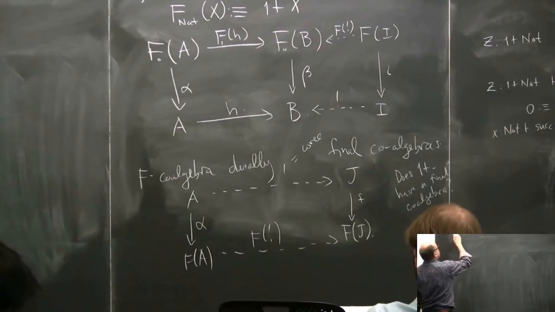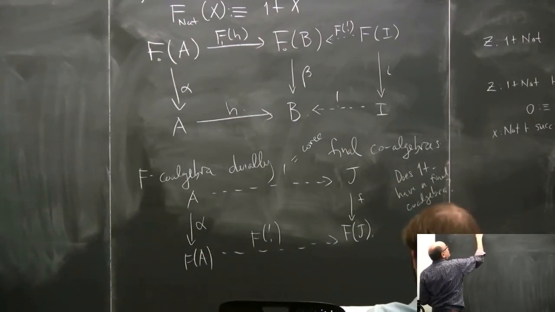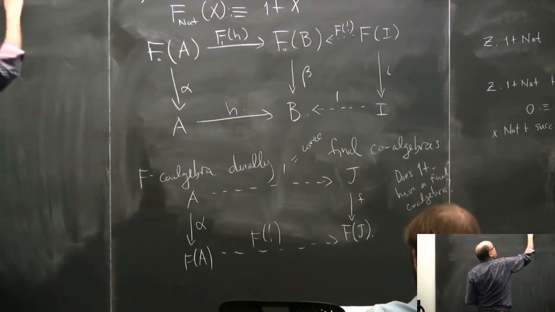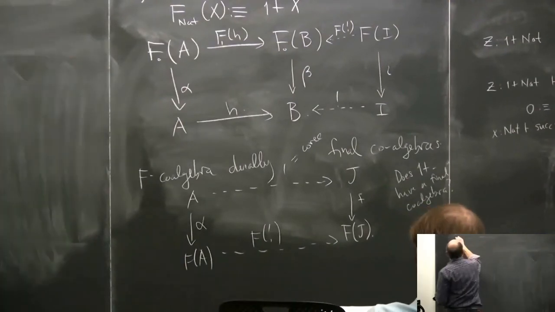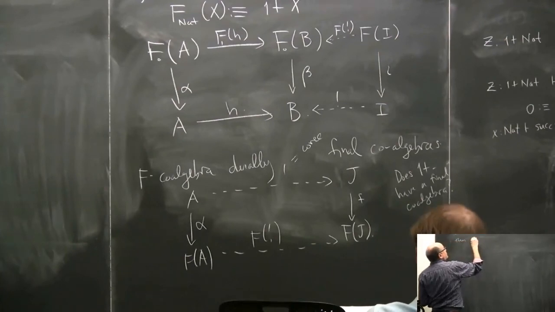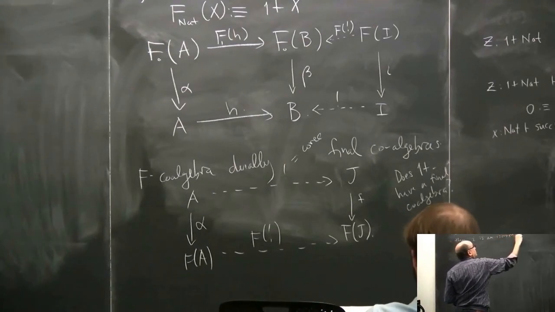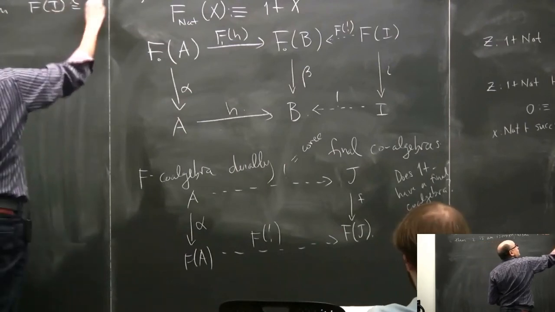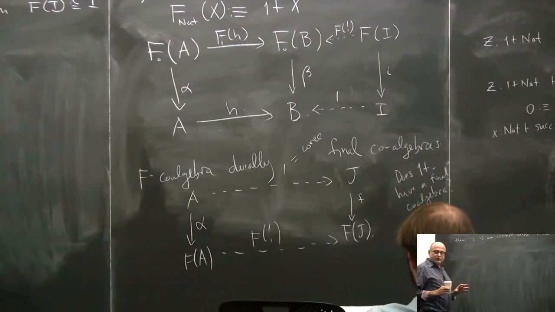Lambek's lemma says the structure map of an initial algebra is an isomorphism. So if, let's call it I, from F of I to I, is an initial algebra, then I is an isomorphism. In other words, F of I is isomorphic to I. Again, I'm working in ordinary category theory here, and I'm slightly glossing over issues of equality,